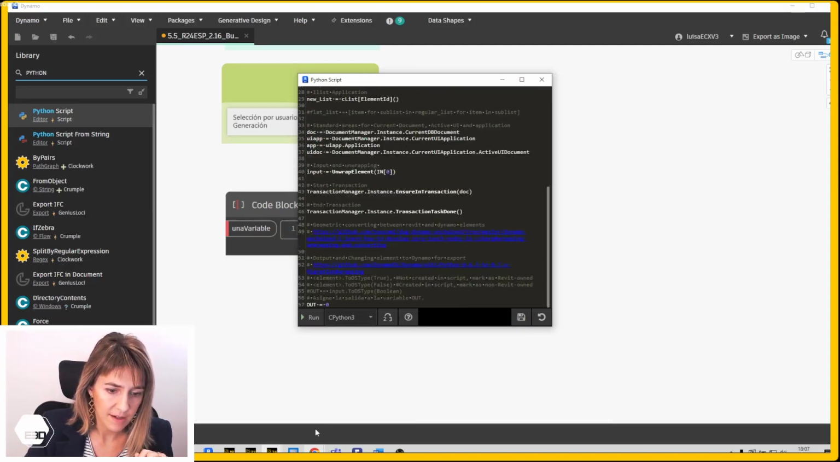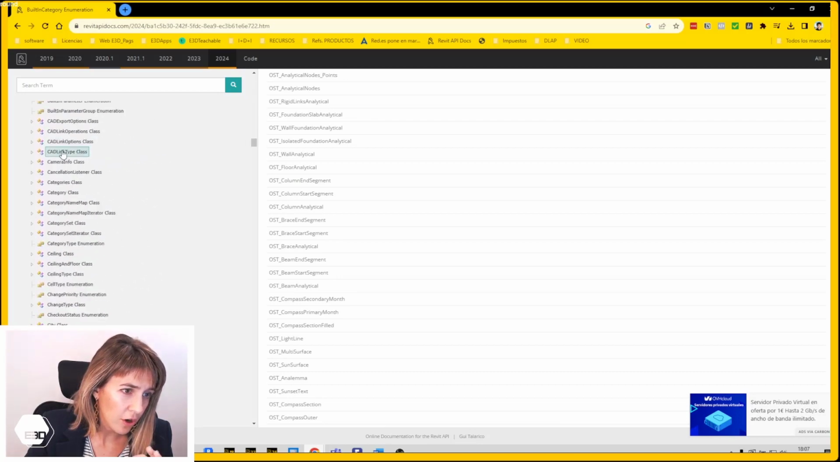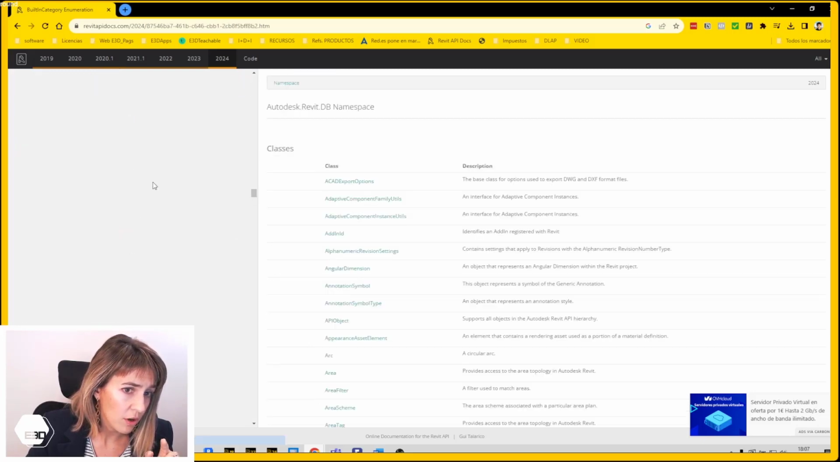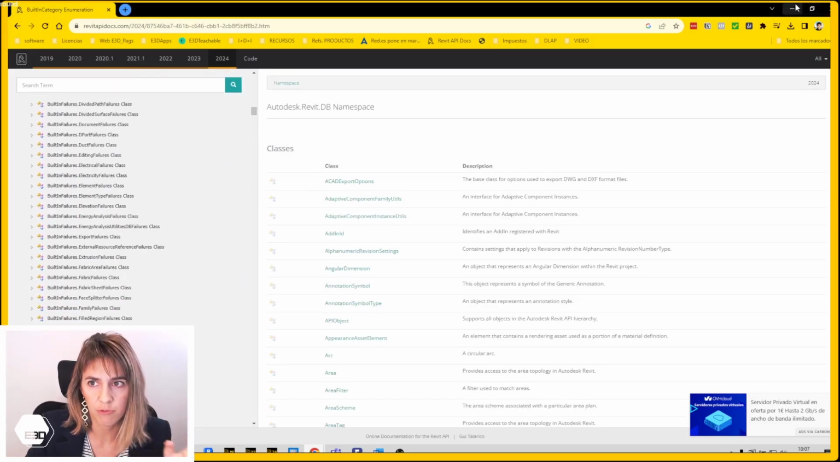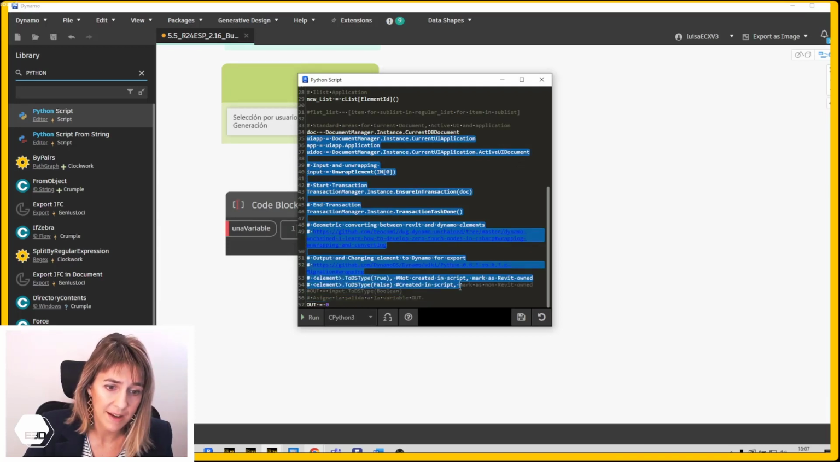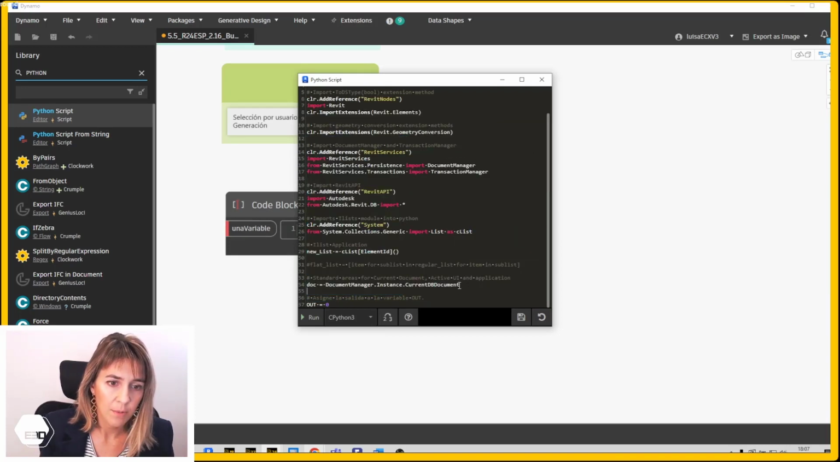Now, by doing that, I am importing all of this, okay? Everything that comes inside the Autodesk Revit database namespace. So all of this is imported into my Python script. It's a little too much, but don't worry about this right now. So I'm going to leave just the document to tell my script that I'm working right now in the document